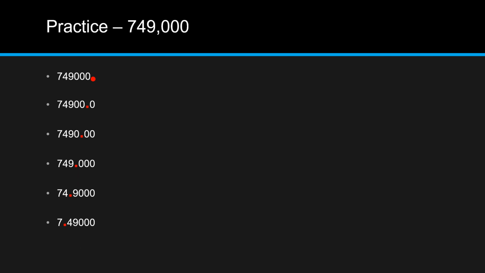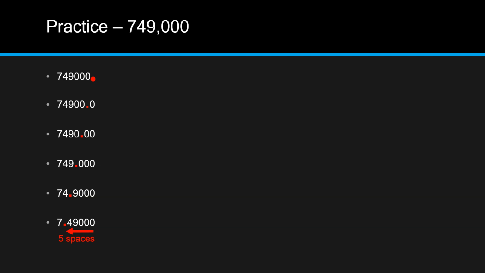The number we end up with is 7.49000, or just 7.49. We can ignore the zeros at the end. This number is about 7.5, which is between 1 and 10. So this is the spot that we need to be in. We moved this decimal to the left 5 spaces. Again, this number is important because it tells us which power of 10 we need to use when we write